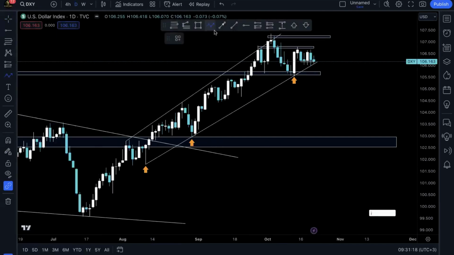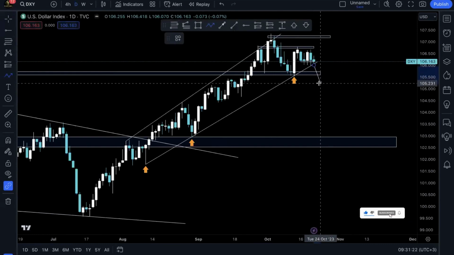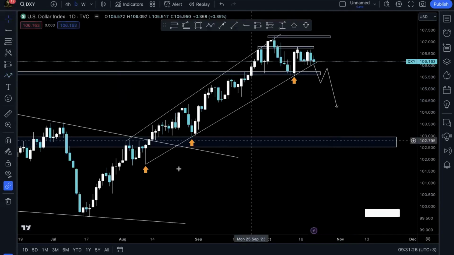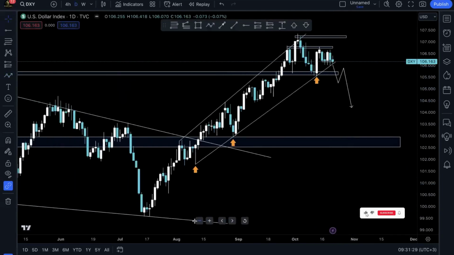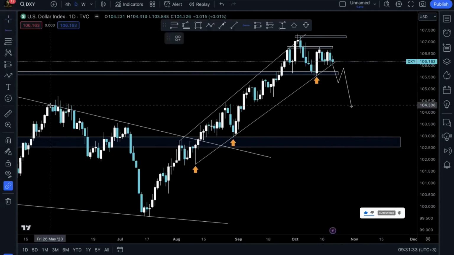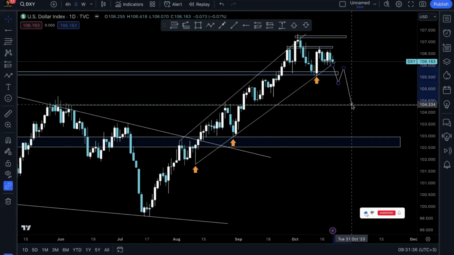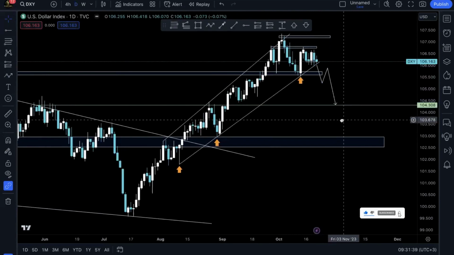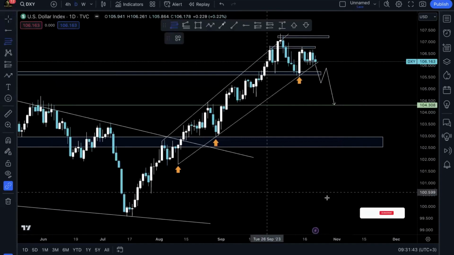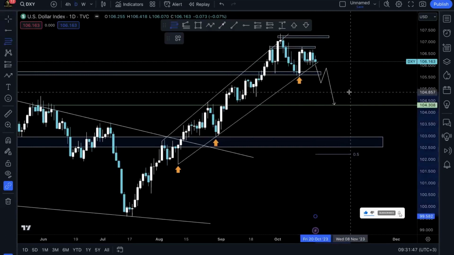This coming week, what I'll really be looking for is to see prices break below this structure, give us some kind of a retest, and then pump until somewhere here, where the most recent high was. From there, I'll be looking for more buys, as I believe the bullish trend will keep on pumping higher. As a matter of fact, let's try putting in a Fibonacci in there and see if it aligns with any